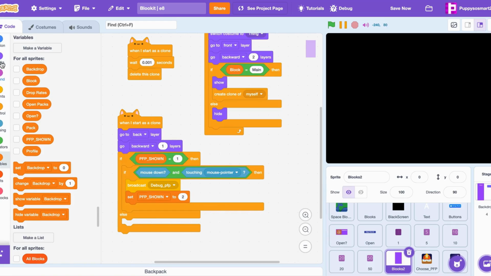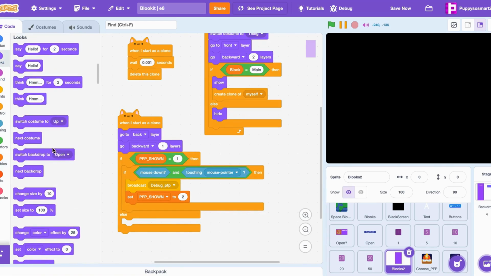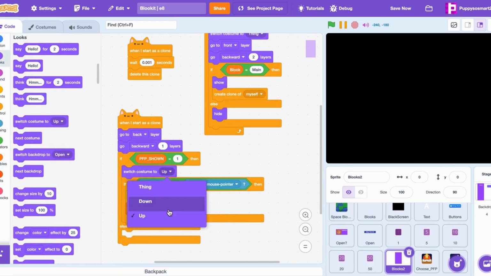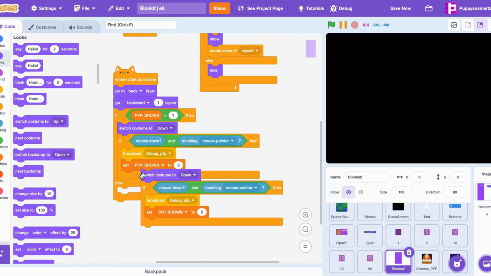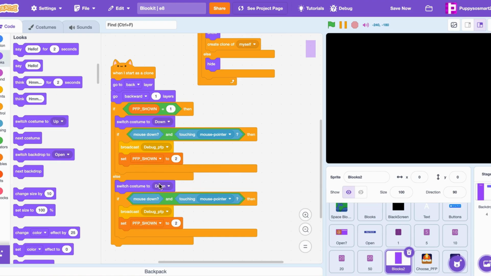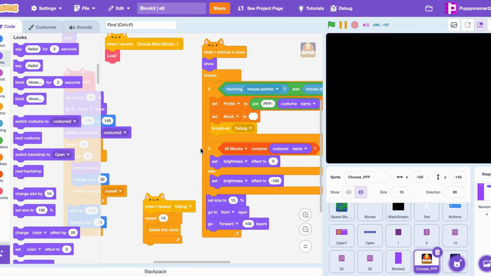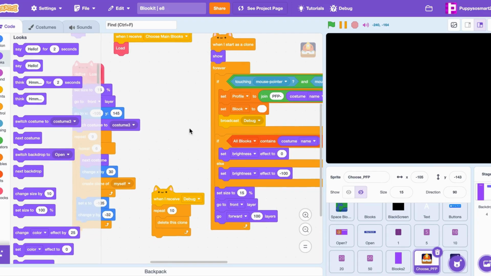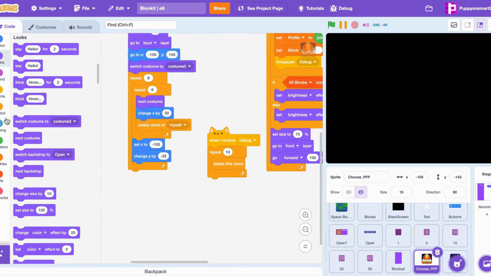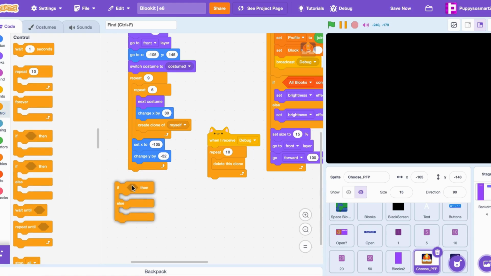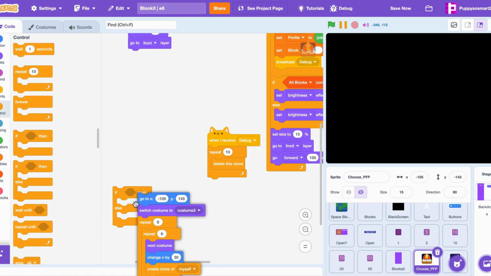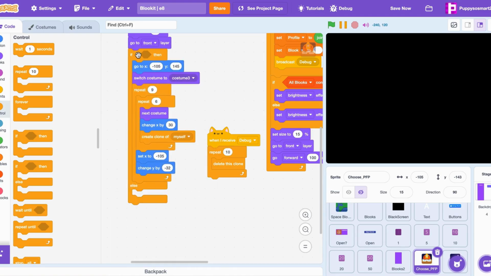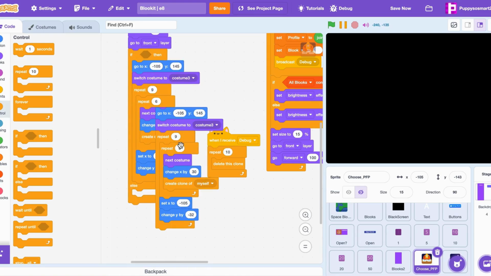And also right here, we switch costume to down, and we could just duplicate that and switch costume to up and set PFP shown to 1. And before we test that out, we need to actually make it so what happens if the PFP shown equals a thing. So get this whole script and put it into the if else, and just duplicate this script, and